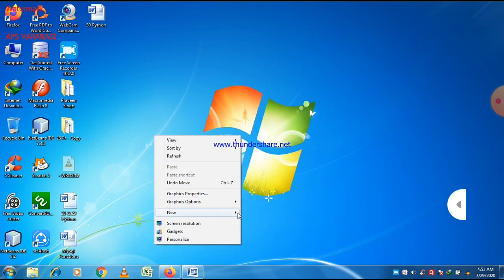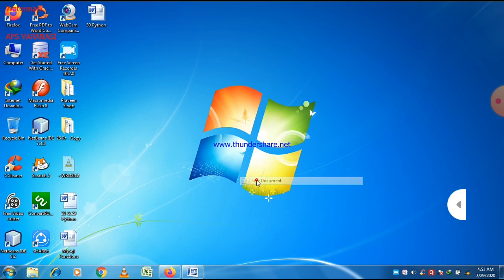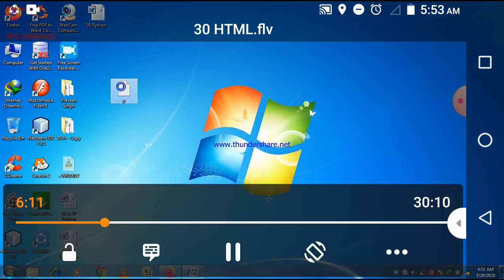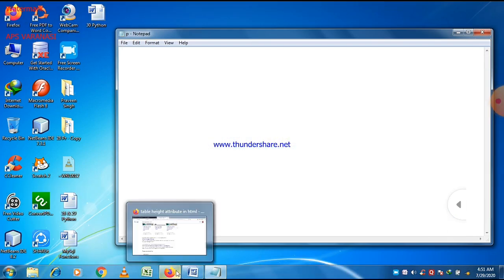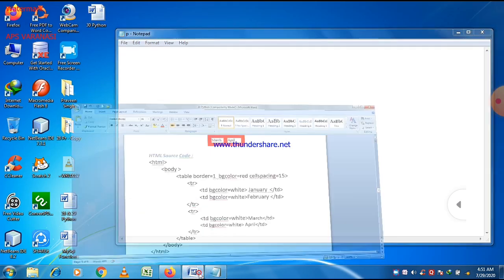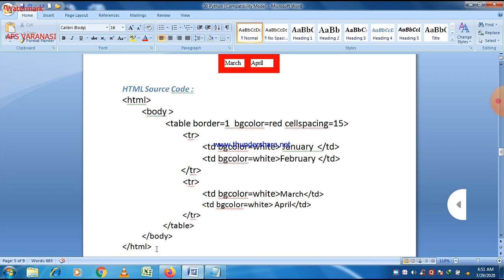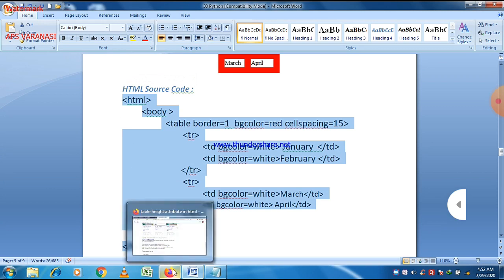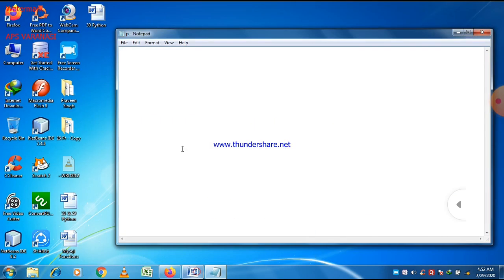So just make a new notepad file here, and after that give the name here, style, simple p here, and then just give a name p here, and after that just make a program here as it is, as written in Microsoft Word.